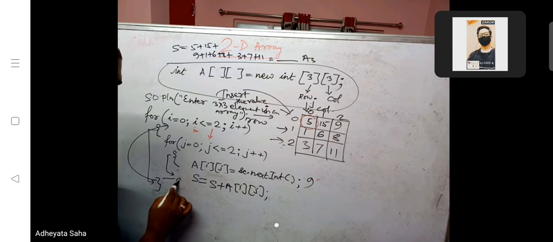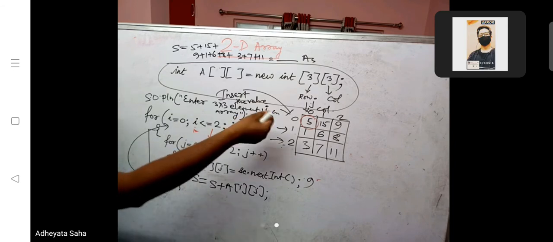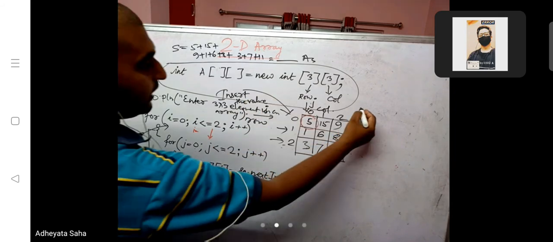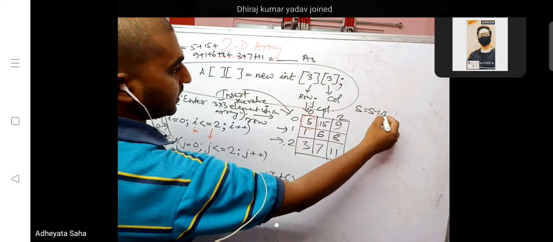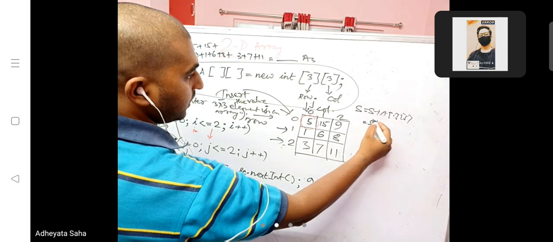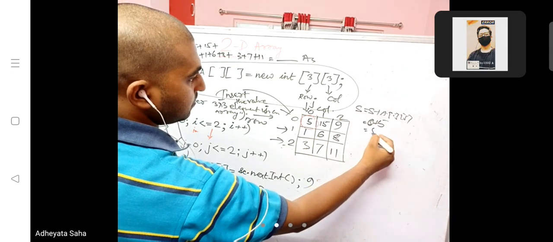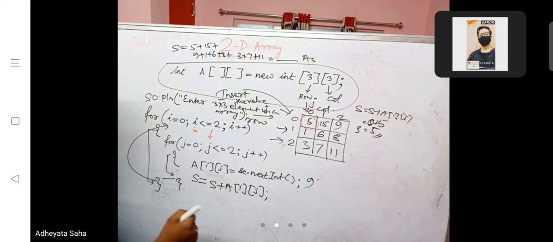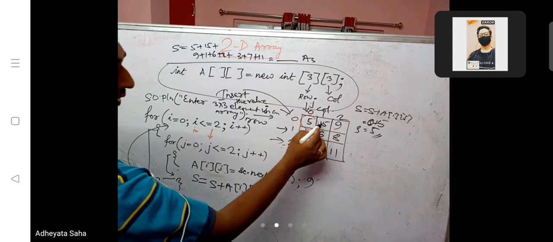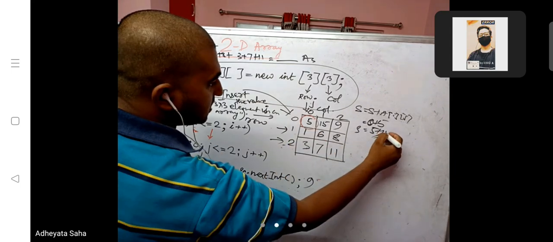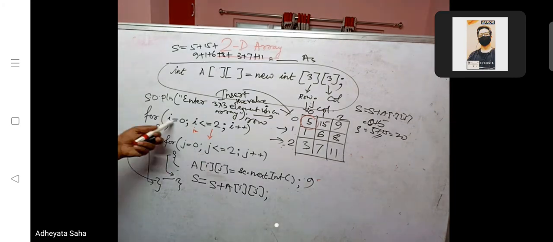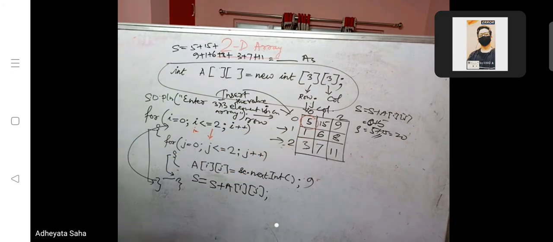Close this inner loop, then the outer loop, which means you will be entering in this two-dimensional array and simultaneously adding it in s plus a[i][j]. Here s is 0 and now it is 5, so 0 plus 5 will be stored as 5 in s. Then again it will be j equals 1. In j equals 1 you have entered 15, so 5 plus 15 will be 20. Like that it will go on till this i, meaning 3 rows, is completed.